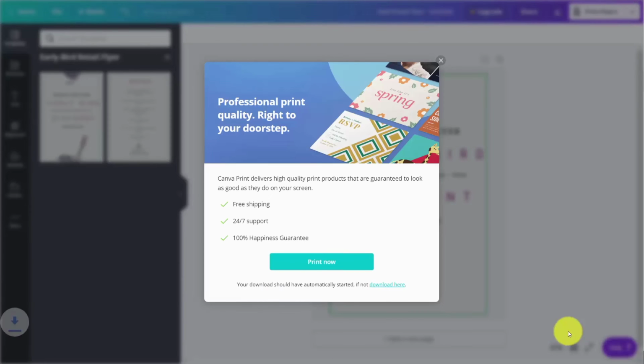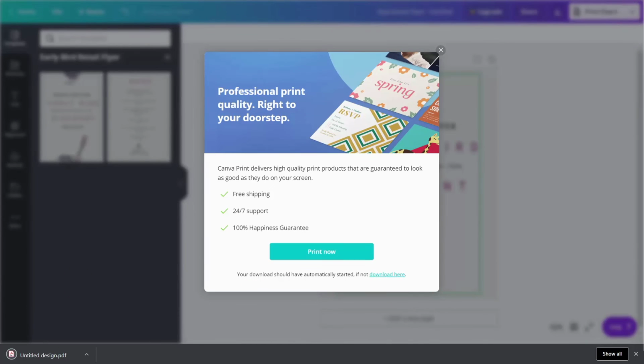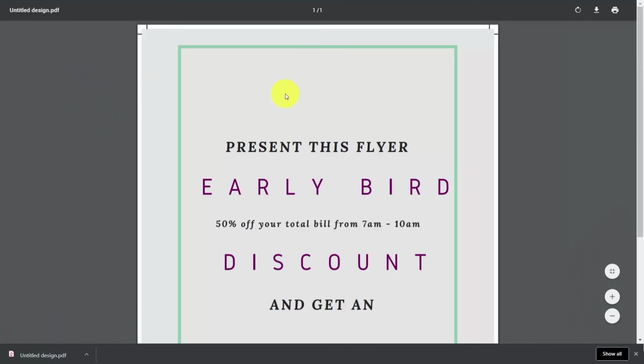You're going to save that PDF to your hard drive. You're then going to open up that PDF. You'll then have it available